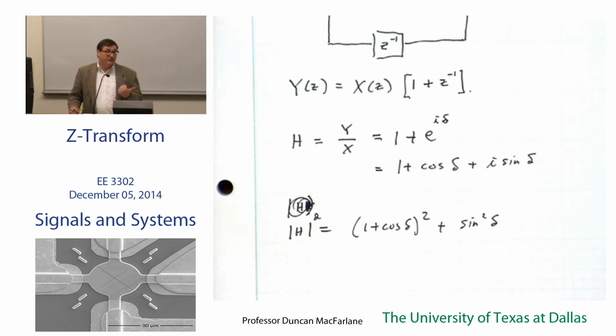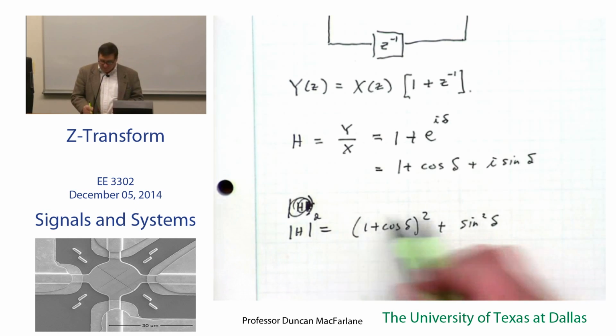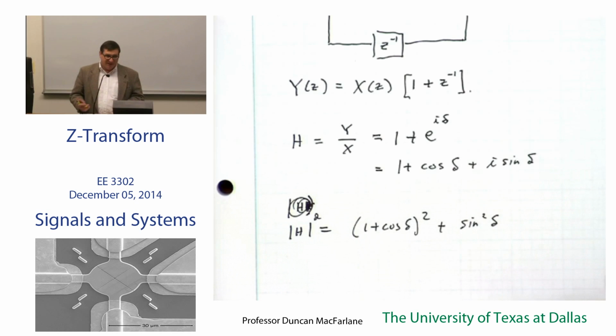If this is a voltage signal, and I square root this, I get back to volts. If I don't square it, I have V squared, which is proportional to power flow. So that's why a lot of people don't square root things again, because they're looking at the power transfer from one